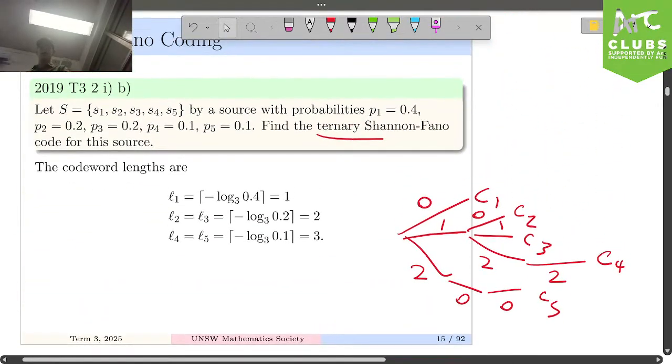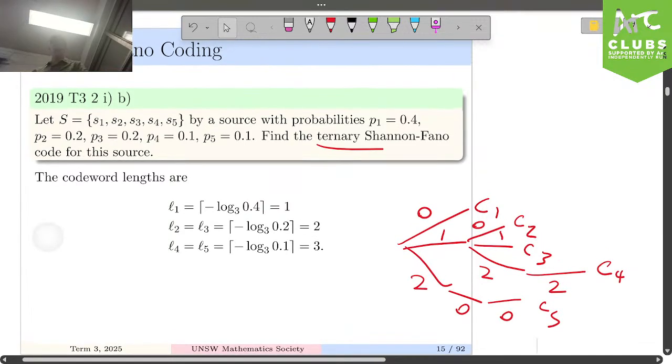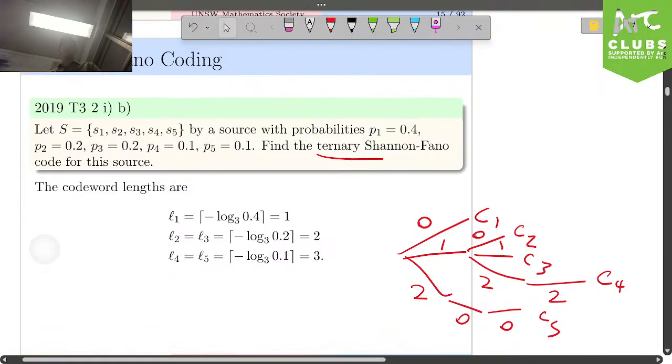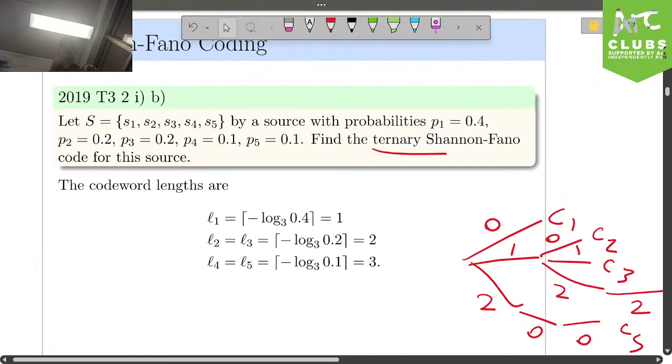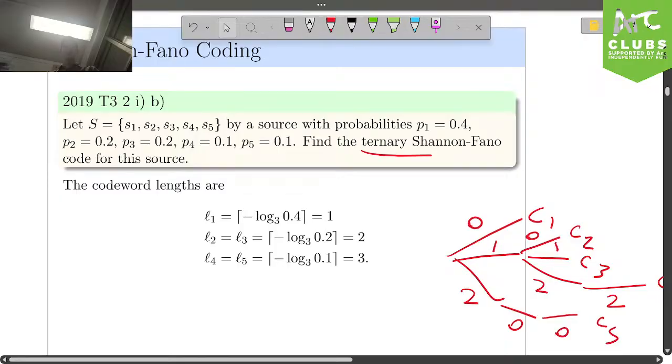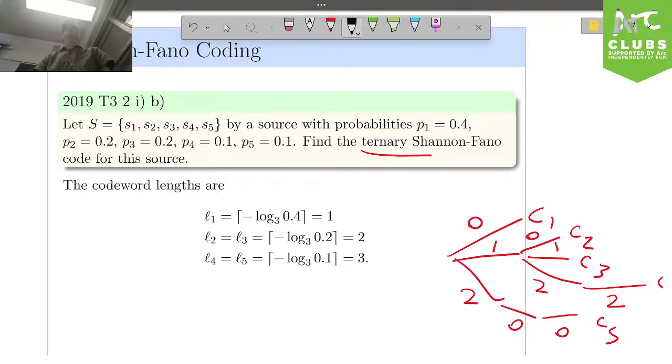There was also a nice thing to figure out eventually. You can find the smallest bound such that 3 to the power of L is greater than or equal to 1 over the probability. So for example, minus log base 3 of 0.1 is the same as log base 3 of 1 over 0.1, which is log base 3 of 10. So you want to find the smallest power of 3 that is bigger than 10. 3 squared is 9, which is not bigger than 10. I suppose that's how they teach doing logarithms in year 10. 3 cubed is big enough to be bigger than 10.